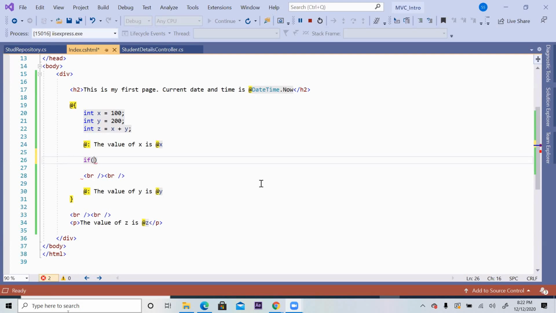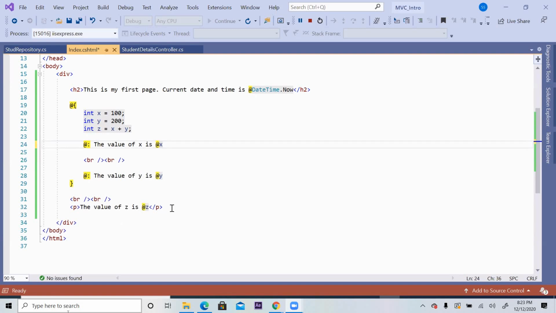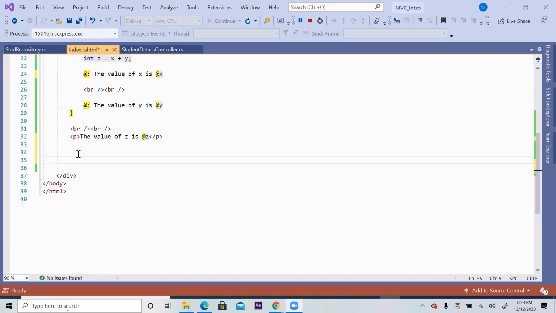C# is going on. So anything, anytime you can say if x greater than 20, then do this, otherwise do that. Most welcome. But same thing when we write without a block outside somewhere here. Okay? Then we have to just put on @ nothing else. So I can say if something, then do this, otherwise do that.